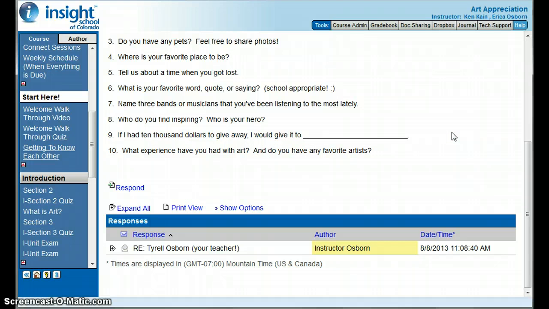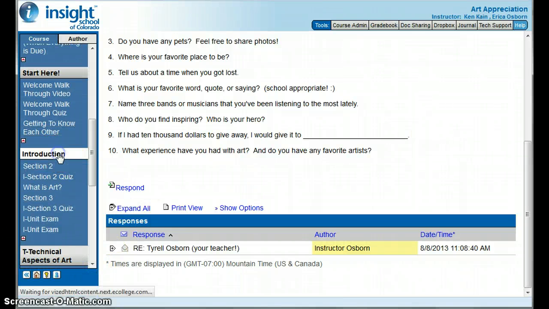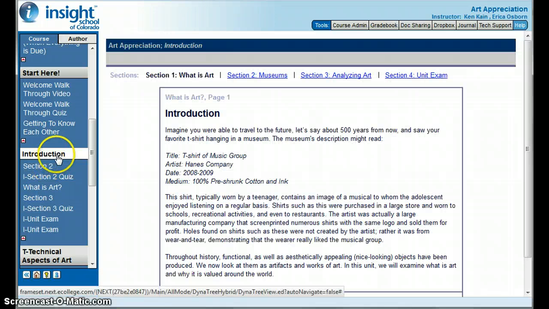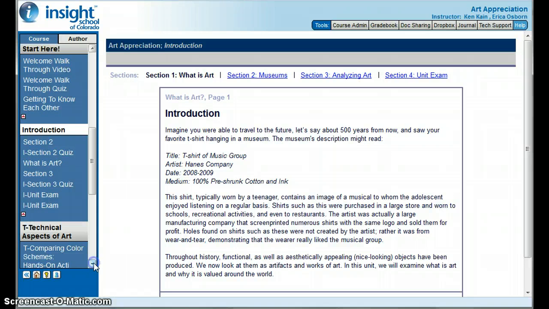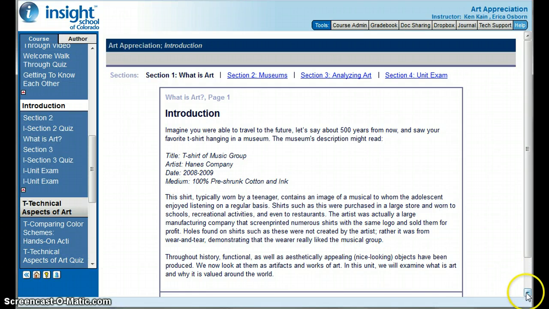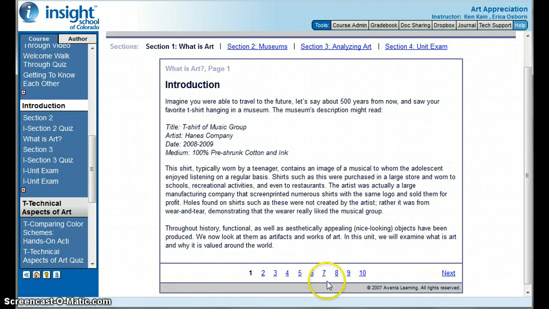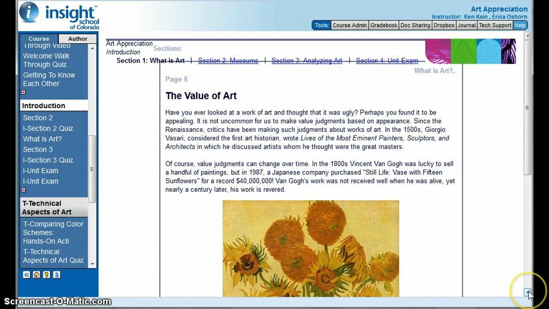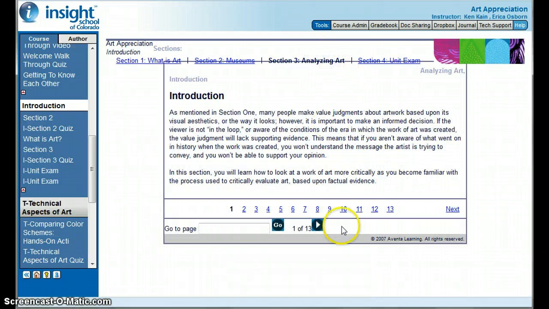Okay, so you guys have a really easy week in art appreciation this week. Another important thing to know, so this is the introduction unit. Okay, now you are going to, let me see if I can find it. You're going to come to sometimes, okay, I think it's right here.